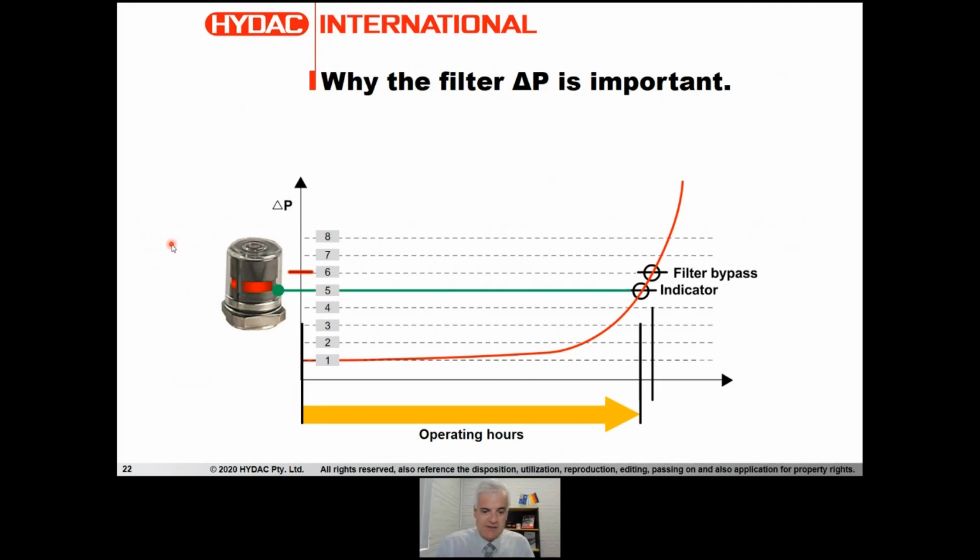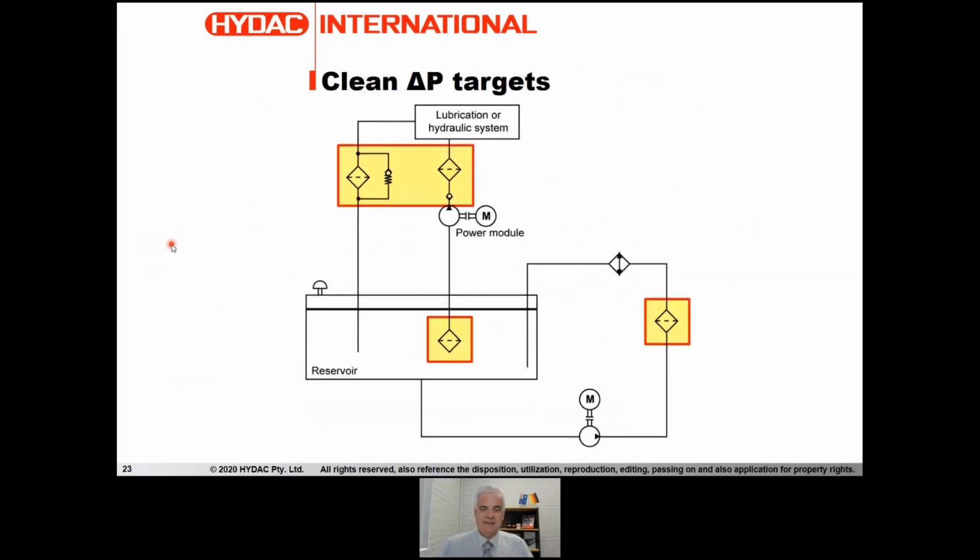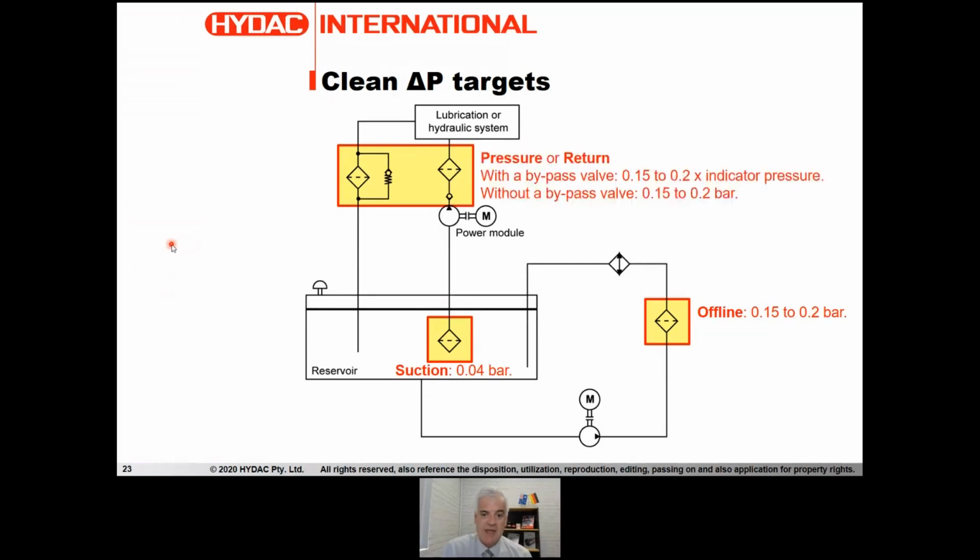So really the target then very often is a 1 bar pressure differential on a 5-bar indication. Now, where that's discussed is in the catalogue, and I'll show you that in a moment. But where the filter is located will change that target delta P. So for offline filtration, it's not a percentage of the indicator, it's a finite pressure. So 0.15 to 0.2 bar is a clean target. For a suction filtration, 0.04 bar is our target,